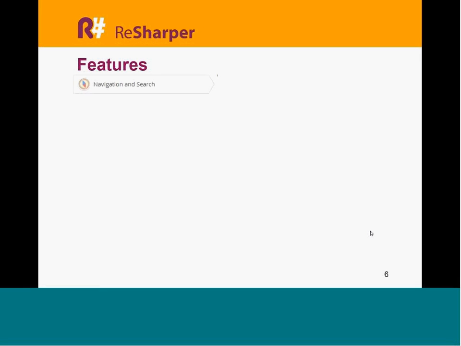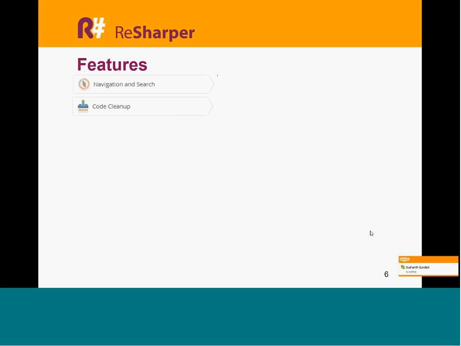These are basically the areas that I am going to take you through. Some of them are very interesting and relevant to the work that you are doing. First one is navigation and search, and those of you who are very familiar with Visual Studio might be using some of the navigation and search capabilities, but it has amazing capabilities, and you would appreciate